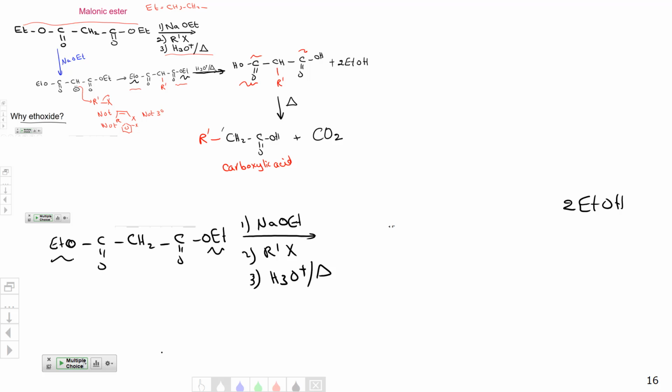If they are methoxy, 2 moles of methanol. CO2, when one of the carboxylic acids is decarboxylated, and a carboxylic acid